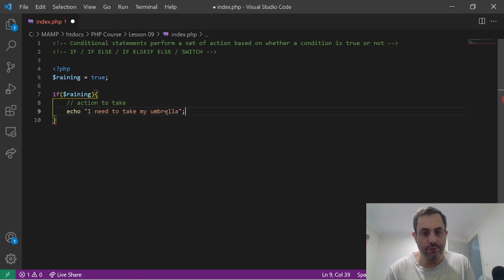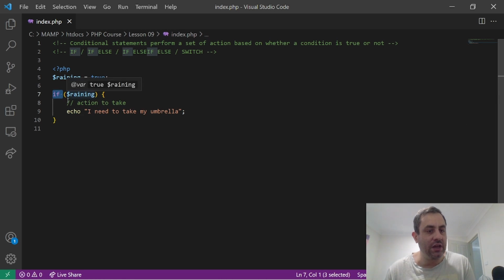And that is the if conditional. It's that simple. You set the conditional, which is if, you set the condition, and whether that returns true or false. So if this raining is true, as it is, it's going to perform everything inside of the curly brackets. If we change this to false, then it's going to ignore everything inside the curly brackets because this is returning